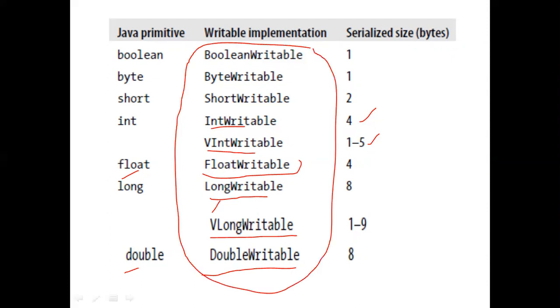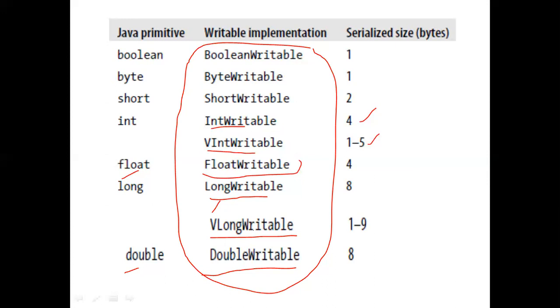Similar to Java wrapper classes, Hadoop also contains wrapper classes for the Java primitive data types. They are known as writable wrapper classes. For boolean, BooleanWritable; byte, ByteWritable; short, ShortWritable; int, IntWritable, VIntWritable; float, FloatWritable; double, DoubleWritable; long, LongWritable, VLongWritable.